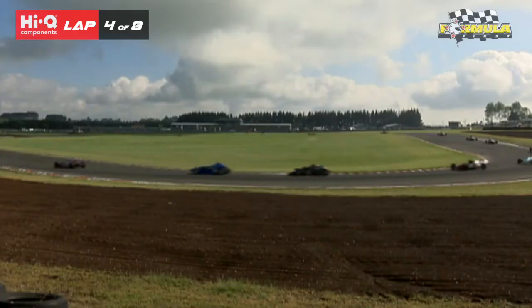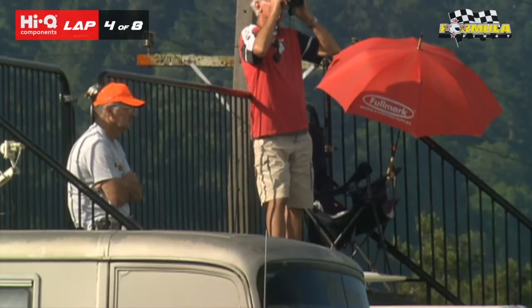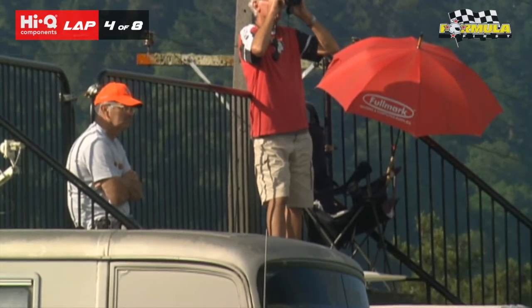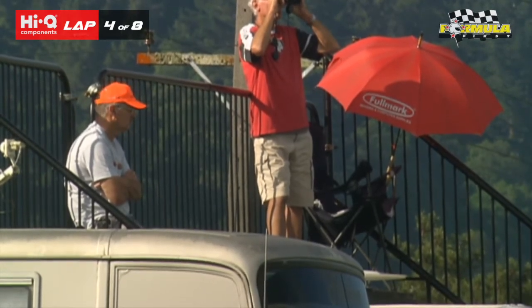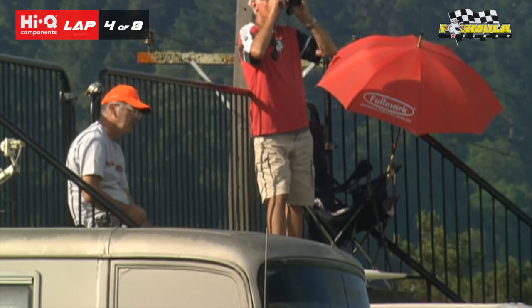What sort of driver training do they get the chance to do? A lot of the guys obviously do a lot of gym work, that sort of training first off, and then a lot of them will go over onboards and analyse and look at onboards of previous years if they've raced in the class before, or look at other drivers' onboards, watch as much footage as they can. Some of the cars are running data systems, so they'll be able to go over their data and see where they can improve, but otherwise it's just a lot of analysing their own driving through race footage of their own